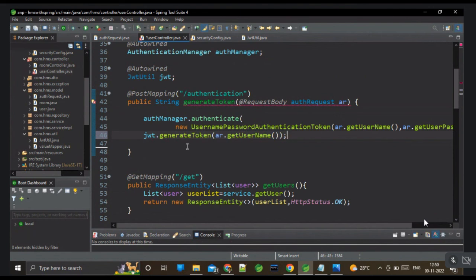So we are generating the token now, and we have to return the token. I am returning the token. So whenever I am performing login, whenever I am performing the login authentication, I am performing the authentication with the